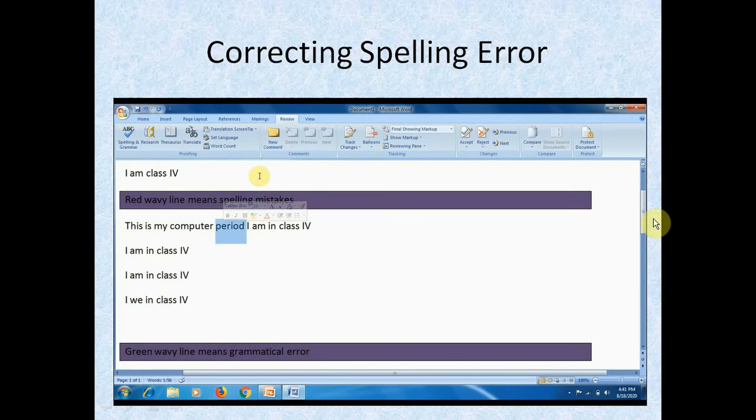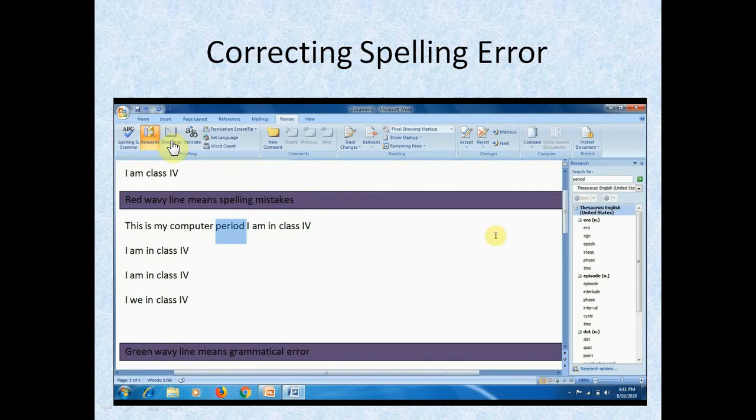Now let's go to the next one. Okay, now green wavy line, here you can translate also; select the word, you can translate. A thesaurus or search option helps to find the similar meaning and opposite meaning.